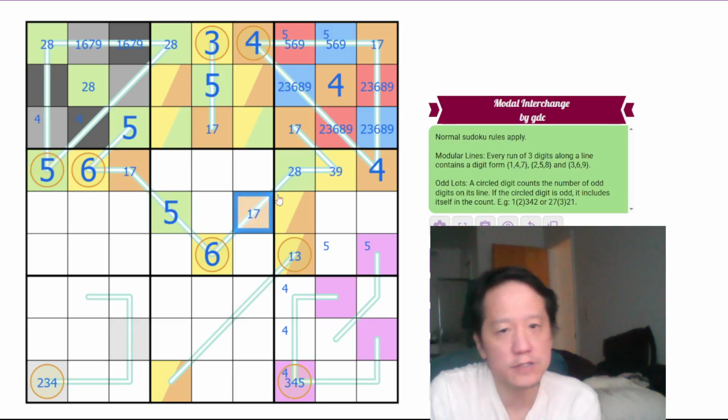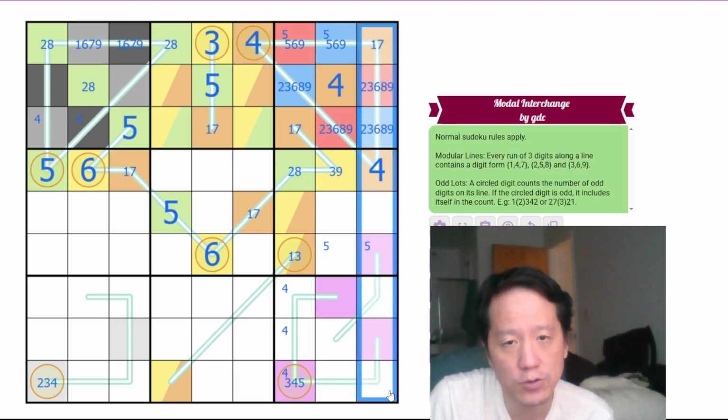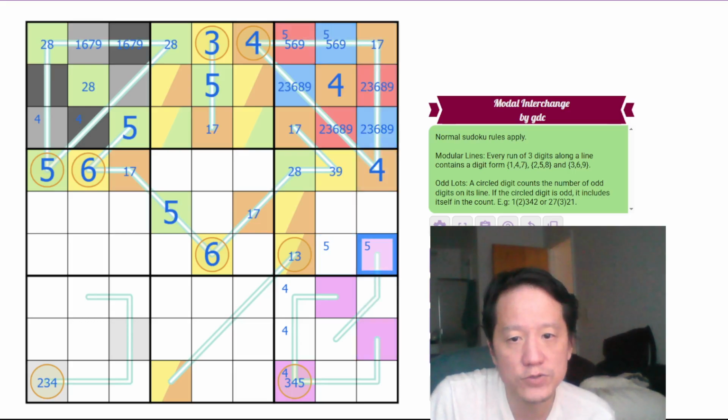So pink is not the same as orange. Because if you have 2 pinks here and 2 oranges here, that would be 4 oranges then in the same column. So pink is either green or yellow,